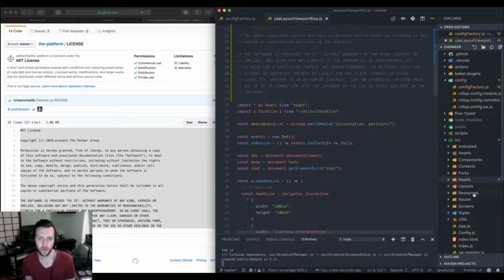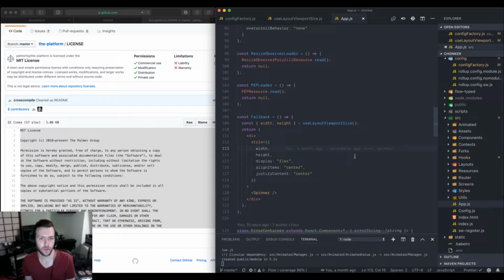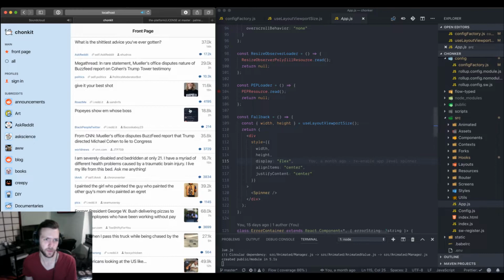And that useLayoutViewportSize is a testament to why using inline styles is important to me, and that is the flexibility. There's no fooling around, being concerned about dynamic updating: is that going to be performant? Well, inline styles are the most performant way to dynamically update styles. And if you just start at that point,